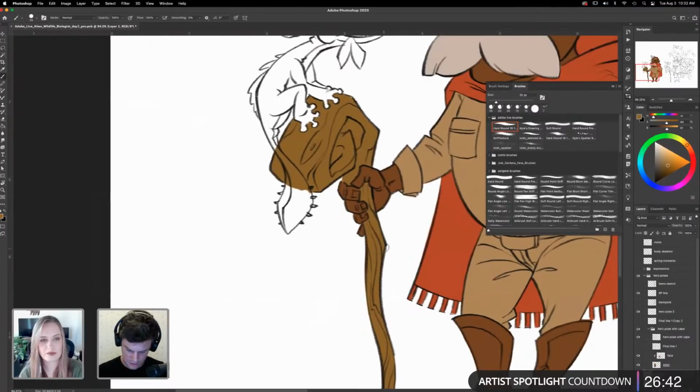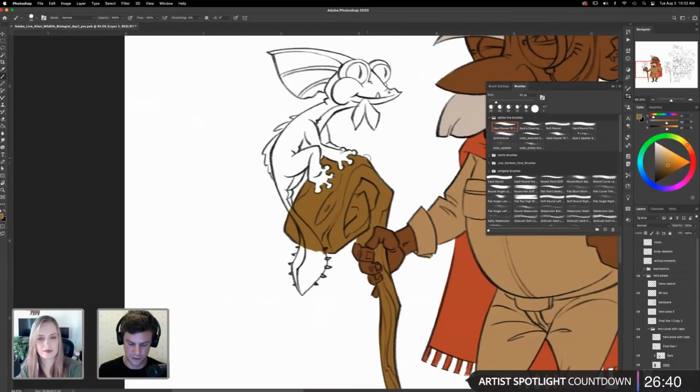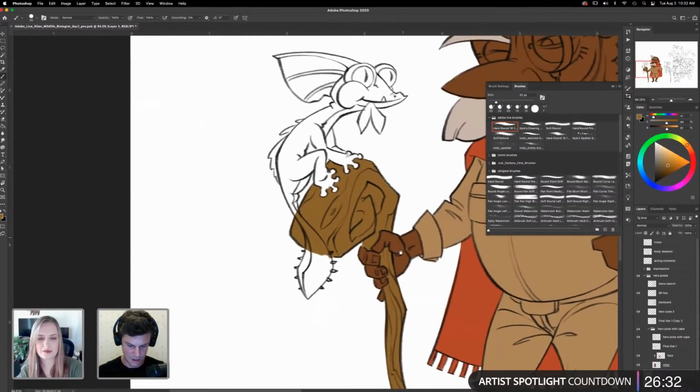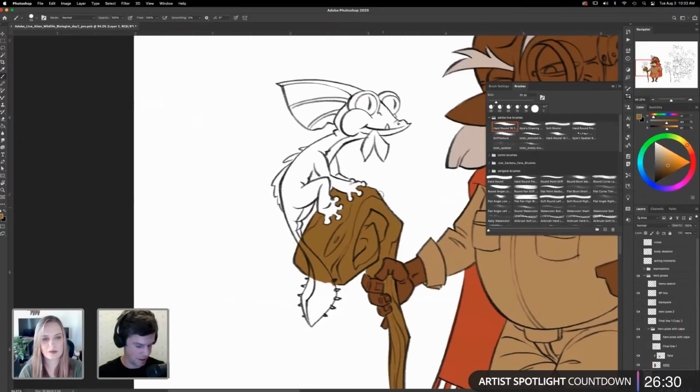But I feel like I'm tweaking colors until right before the end, doing final adjustments, contrast, hue, your different levels and stuff. Again, for me, I need to see it all together to make some of those decisions.